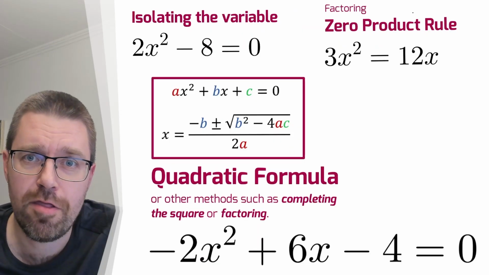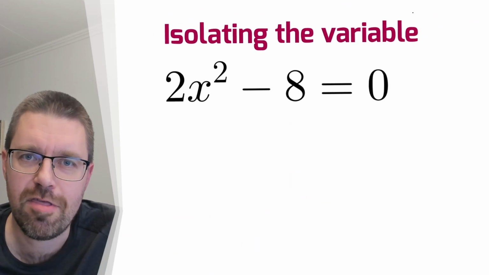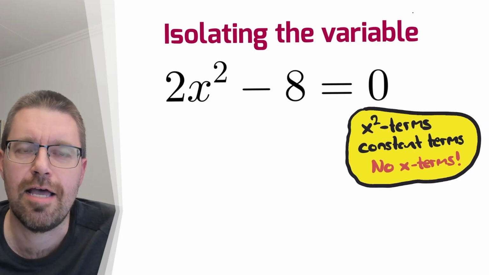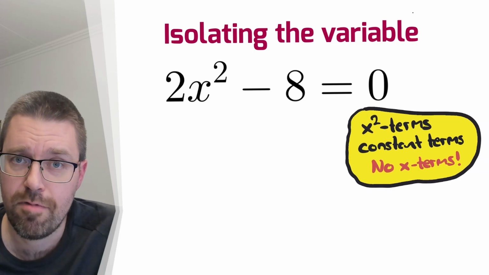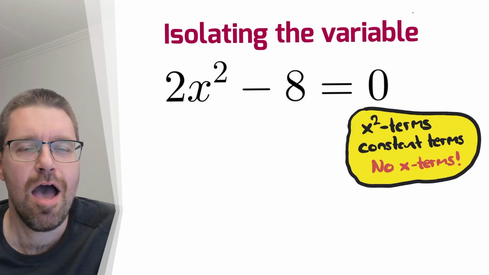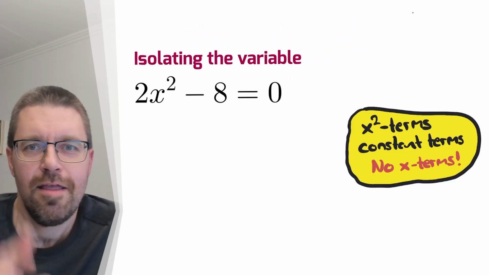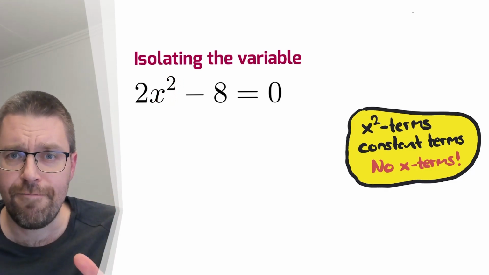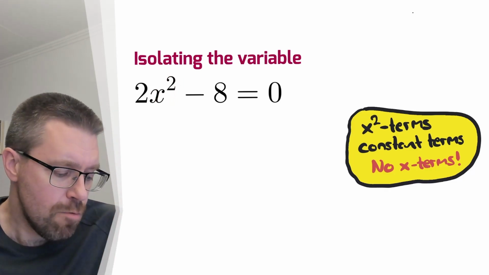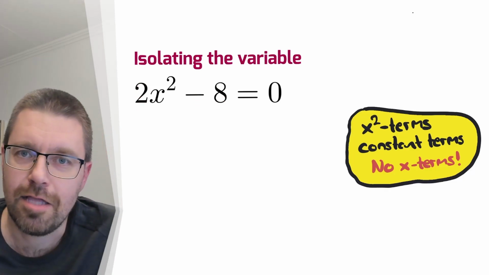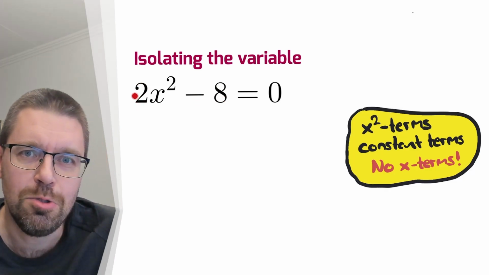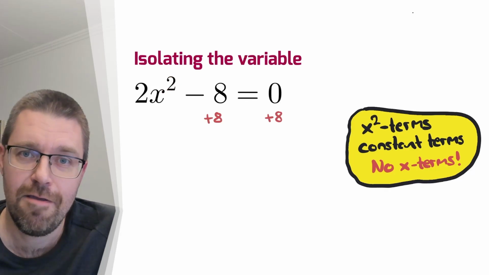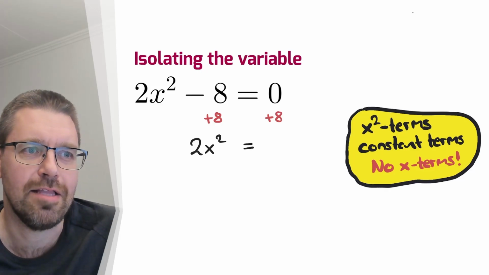We start with the first equation, 2x squared minus 8 equals 0. With this method, it's very important that we have no x terms. So how to solve this equation? The thing is to get x squared by itself on one side. So we will get rid of the minus 8, then get rid of the multiplication with 2, and at last this exponent. At first we add 8 to both sides of the equation and get 2x